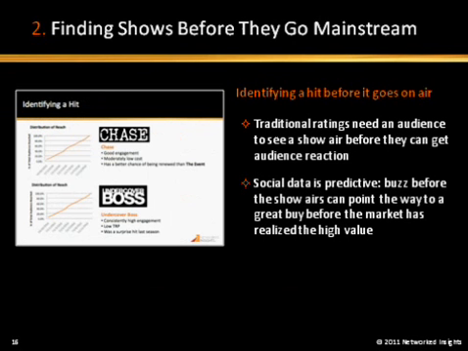So the next example is finding shows before they go mainstream. We've been fortunate and touted by a couple of people where we predicted Modern Family becoming a big show, and it's because we're not just looking at the overall commentary that's happening around them, but we're looking at how big are they becoming, what is the overall reach, how fast is this swell around the show happening, and also what are the key trends around those shows so we know what is brand right for a show. The fact that a show is becoming large is not necessarily an indicator that it's the most valuable show to a specific brand, because we have to make sure it's brand right, of course. And so in finding those shows, we're able, again, to take advantage of the ecosystem.